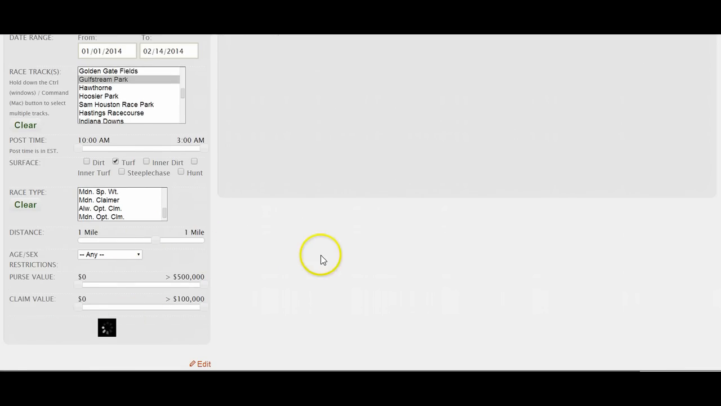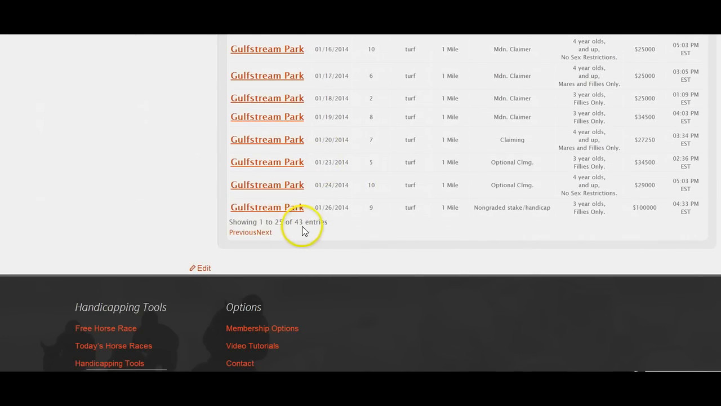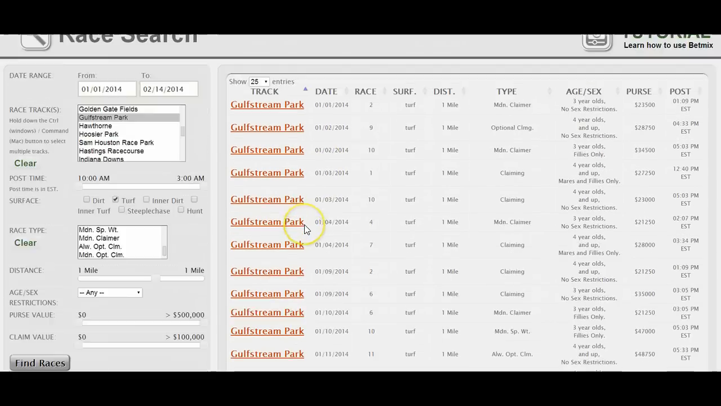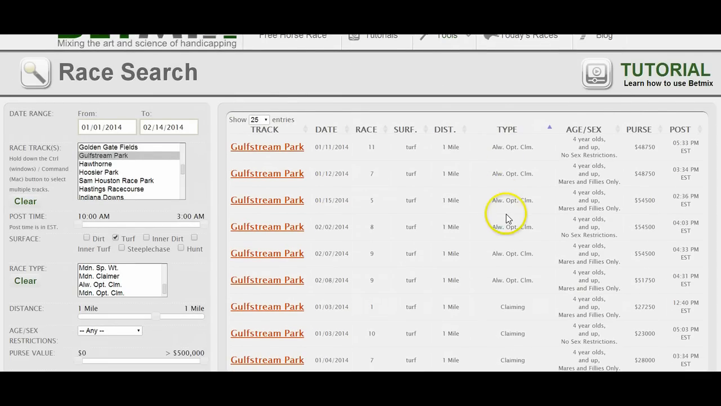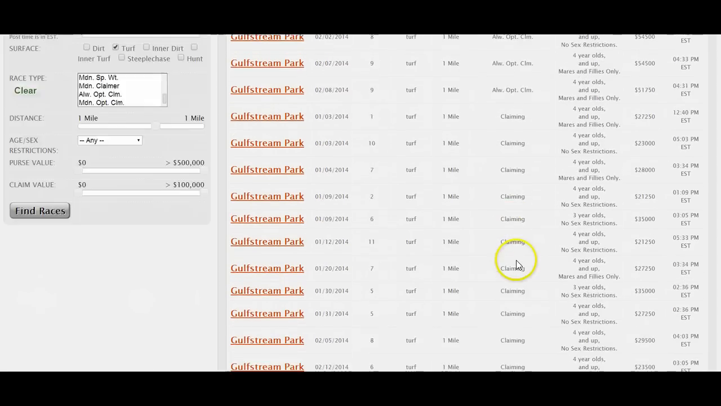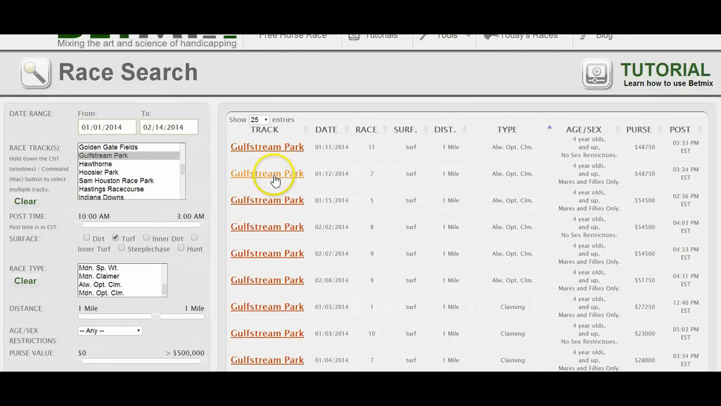We hit find races. It comes back. You can see that there have been 43 1 mile turf races at Gulfstream Park this year. You can sort them by the type. So these are allowance, optional claimers, claiming, maiden claimer, etc. You can search by age and sex. And if you wanted to handicap one of those races, if it was running today, you just click this link,